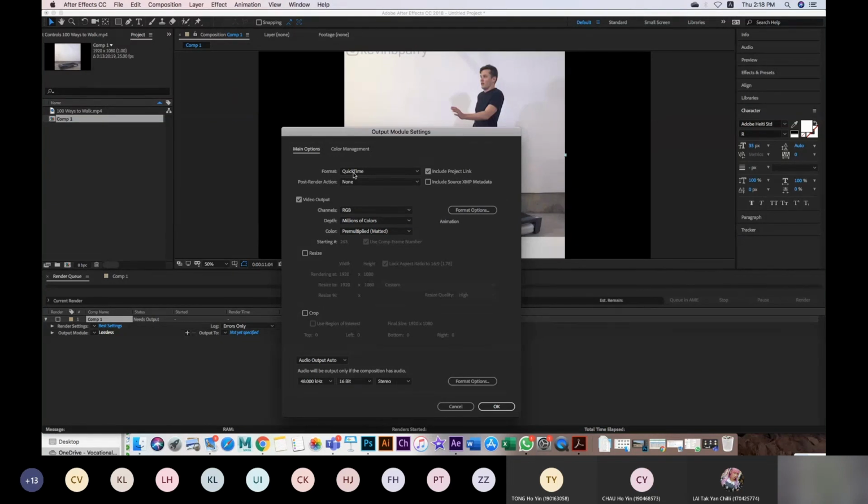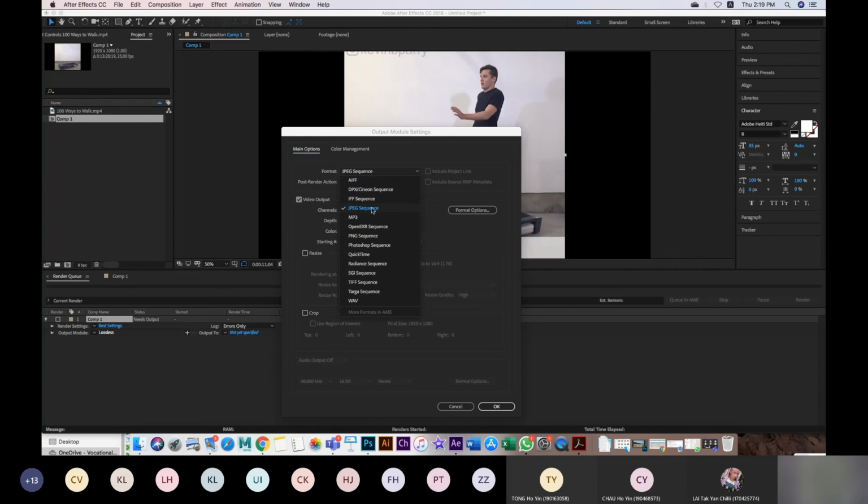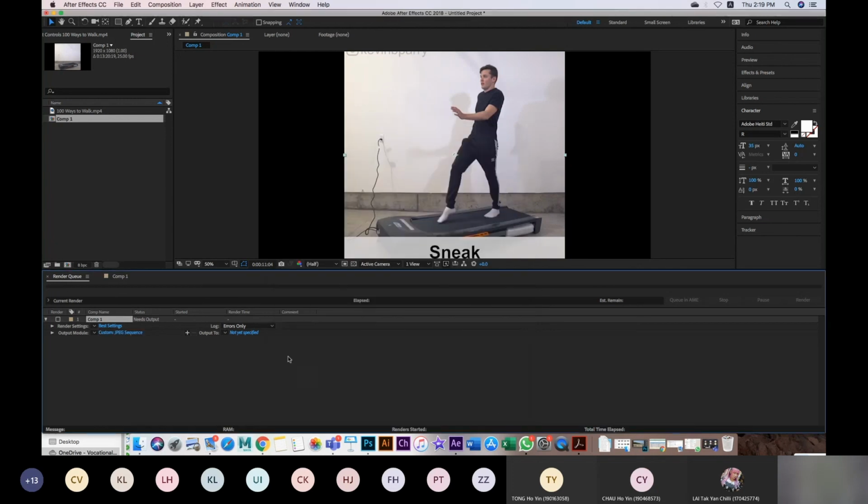QuickTime or MOV or MPEG-4, but this time I need to export it as JPEG sequence, so I need to change the format here. Okay, you should find one is called JPEG sequence. Okay, here, JPEG sequence. So you have to pick this one, select this choice. Okay, and then you can click OK. 咁你跟住揀完個 format 係 JPEG sequence 之後就撳 OK。跟住就要喺呢個 output to 呢度揀你要 save 嘅位置啦。